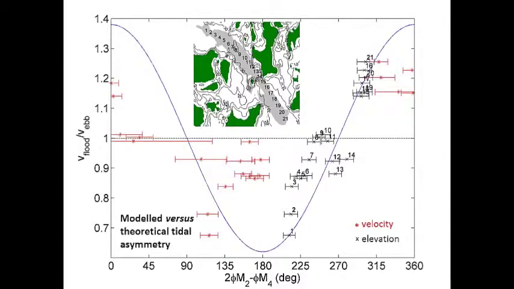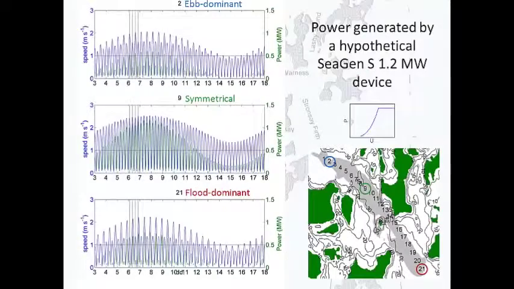Okay, so I've just got a couple more things to look at. So the first one is to look at a more practical resource, and that's generated by implementing the power curve for the SeaGen device. So the power curves that are publicly available from the Strangford Narrows deployment. And we've again chosen these 3 sites, so the 3 sort of contrasting sites. And there's a few things of interest in this, but the main one I'll focus on here is the asymmetry